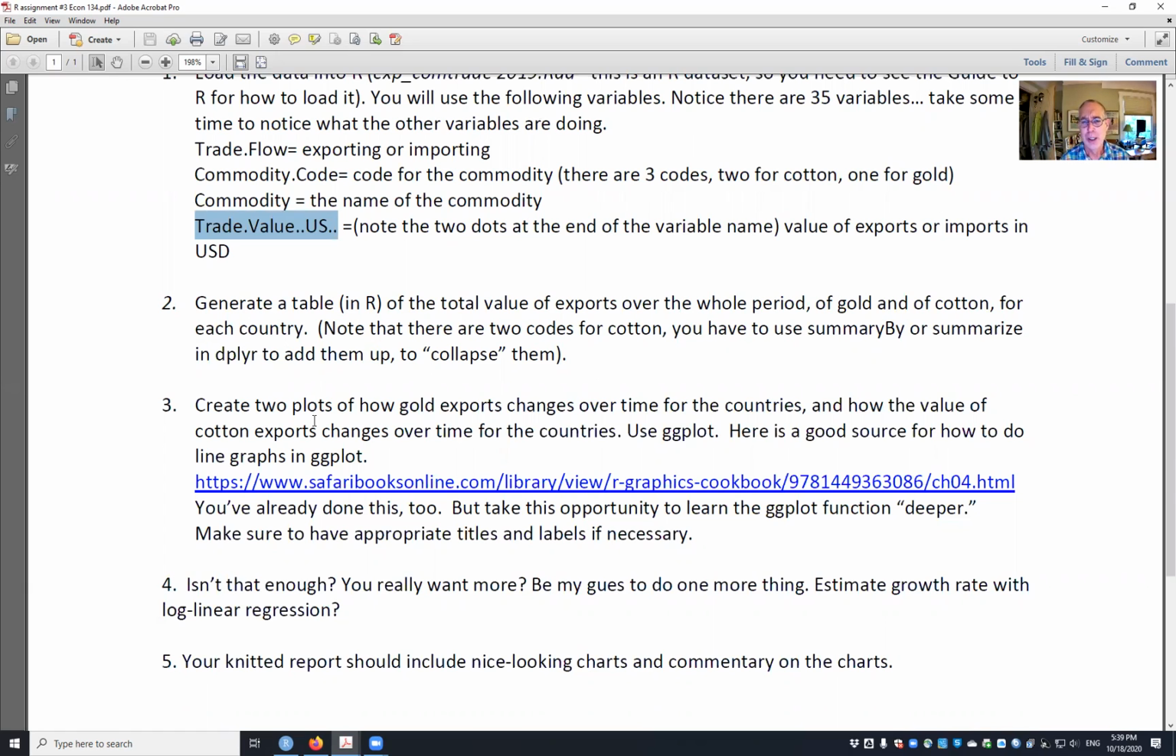And of course, since we have 2 codes for cotton, we need to collapse the data set to add those 2 cotton units up, because we might be exporting cotton seed or cotton oil or cotton cloth or raw cotton, different kinds of cotton. And the lesson here in coding is how to collapse those up so that we add them up so that each country for each year has 1 value of cotton